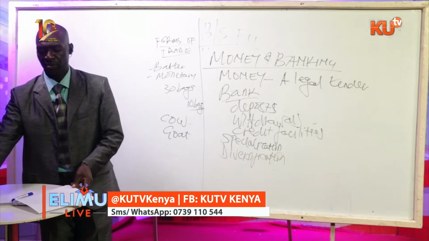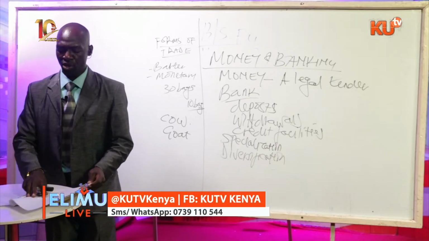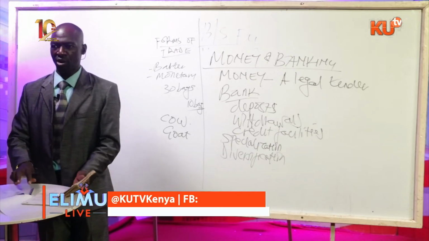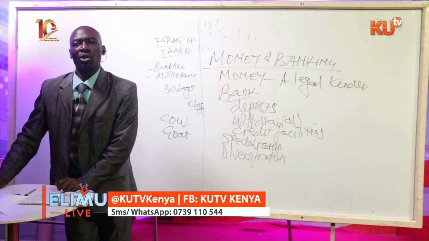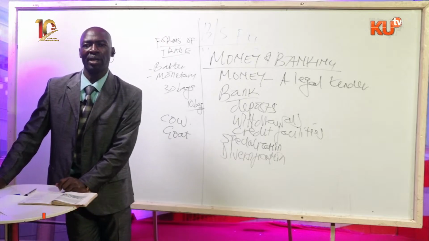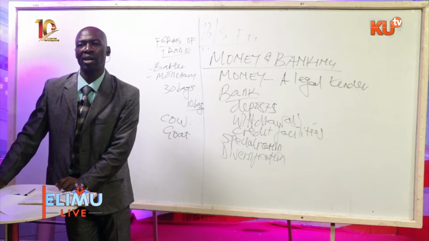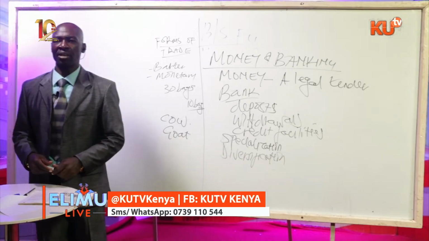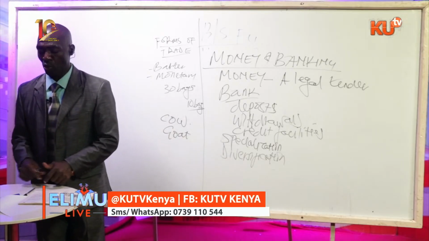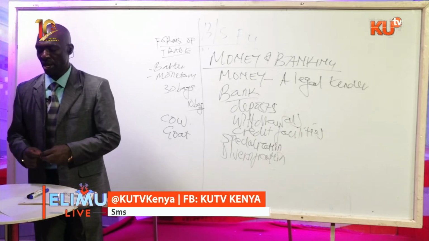Then we can also say there was a perishability problem. There are some products that could not be kept for long. For example, perishable goods like fish, flowers, and fruits. They could not stay long without going bad. So the perishability problem: the goods could perish before they were exchanged.